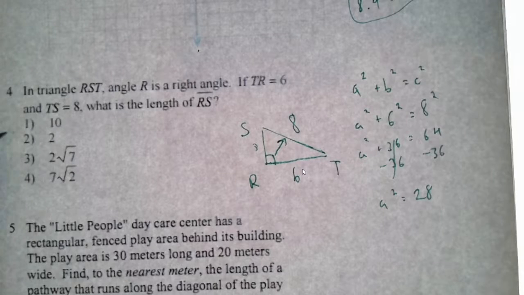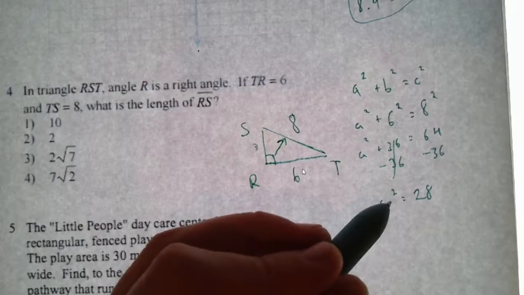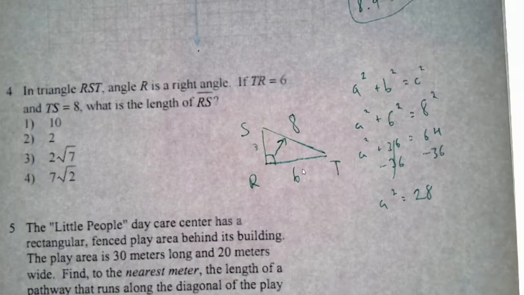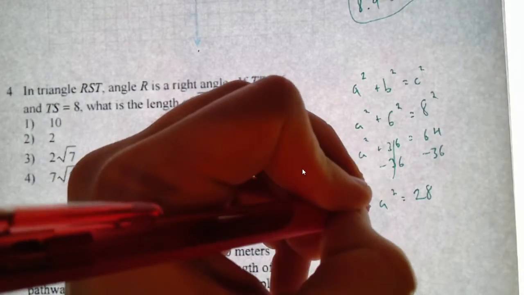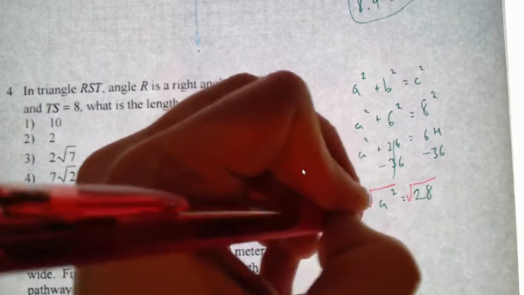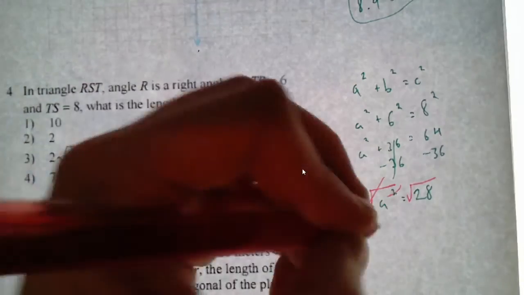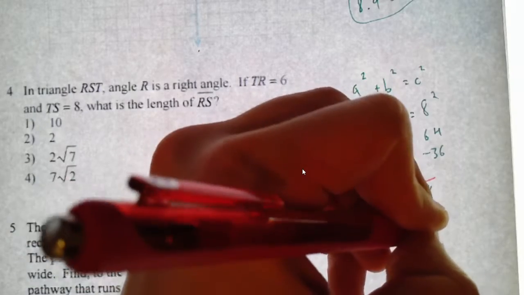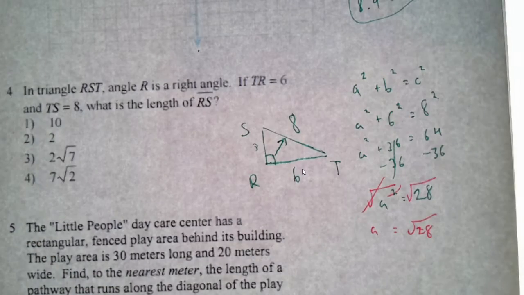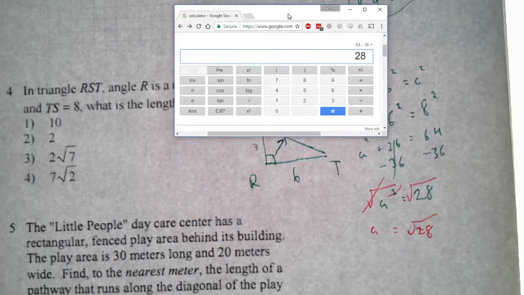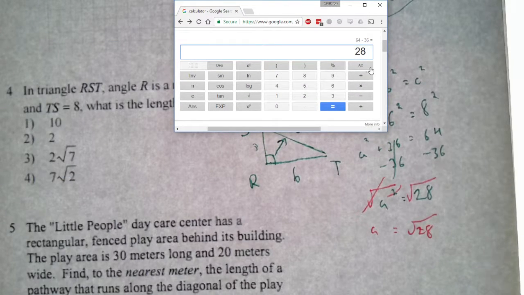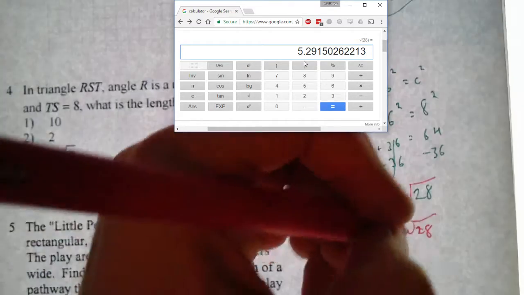Now here, notice in the multiple choice answers, I don't have decimals. 28's not a perfect square, but there's kind of two ways you can do this. First, I need to get the a by itself, so I'll square root both sides, and I'm left with a equals root 28 as my answer. What I can do, and maybe this is the quickest way, or if you're not familiar with the math behind it, I can just do square root of 28, and I know that's equal to